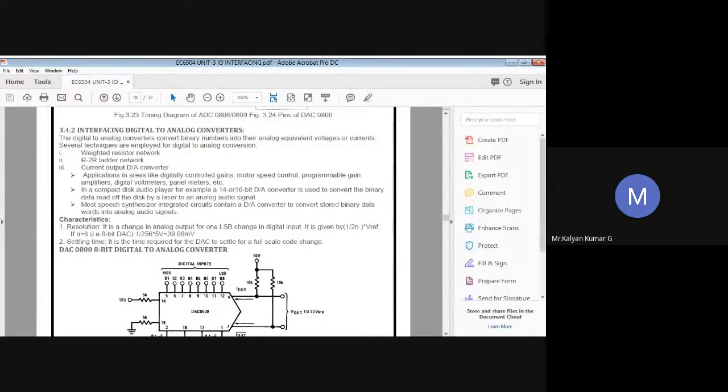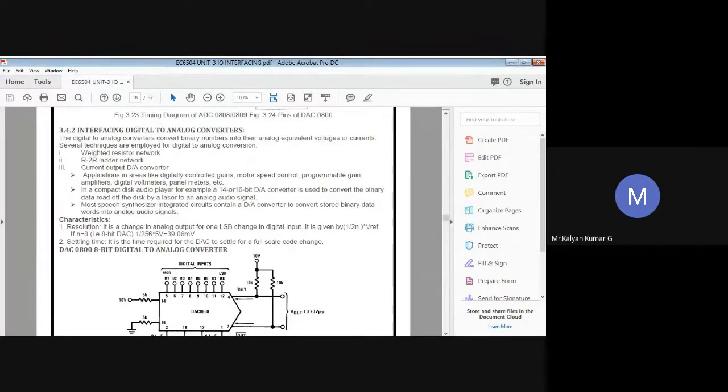The DAC is the exact reverse process of the ADC, which means digital to analog. It accepts a digital or binary input and converts it to an analog voltage or current, depending. Every DAC will have n input lines and the corresponding analog output. The DAC requires a reference analog voltage, usually called V reference, or sometimes a reference current, I reference, as the source.